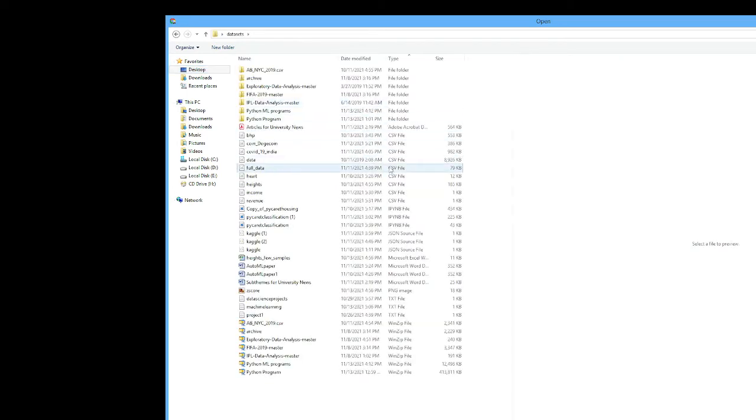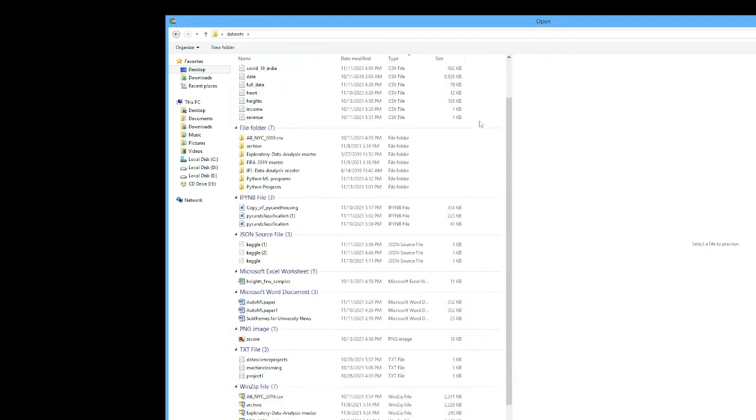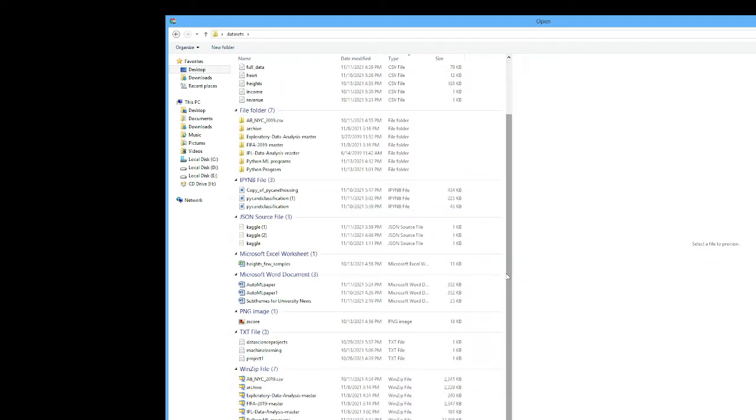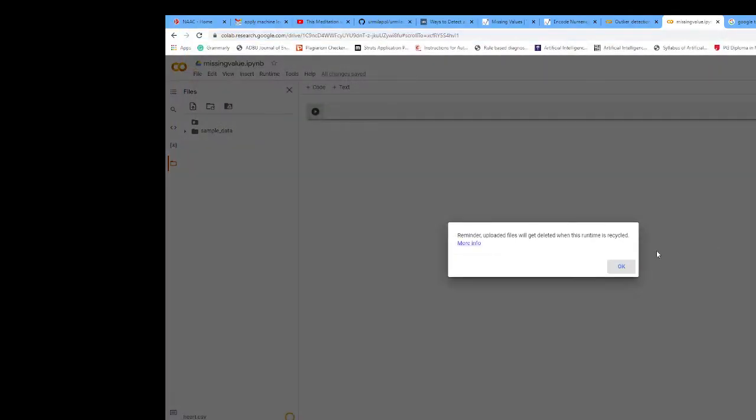You can take any dataset from here. Group by type, it will give all the files. Suppose the heart dataset. I want to take this dataset. Okay.